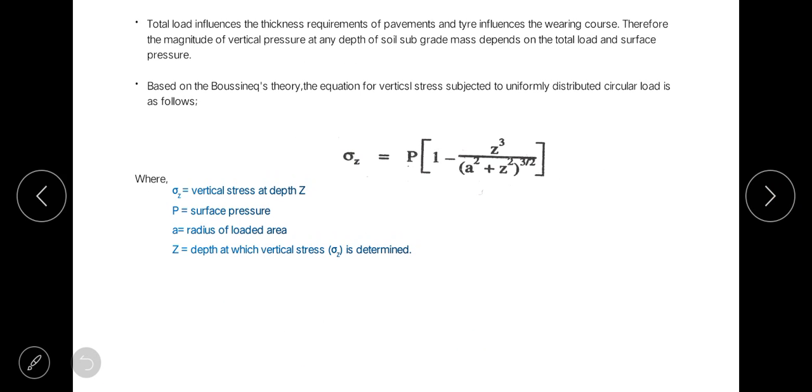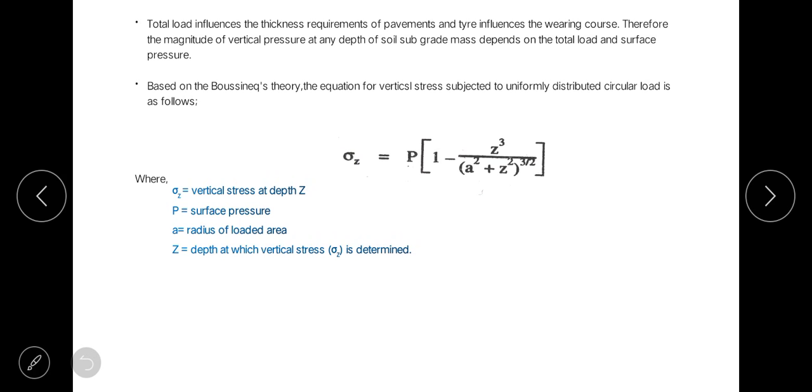For this type of loading condition, tandem wheel and tractor wheel. The total load influences the thickness requirement of a pavement, and the tire influences the wearing course. Therefore, the magnitude of vertical pressure at a depth of soil subgrade mass depends upon the total load and surface pressure. Now, according to the Boussinesq theory, the equation for the vertical stresses is given by